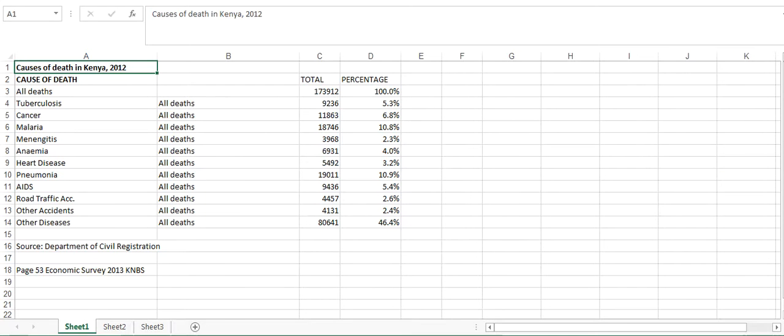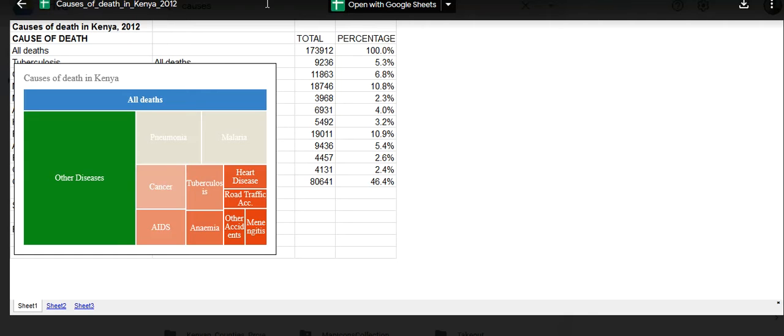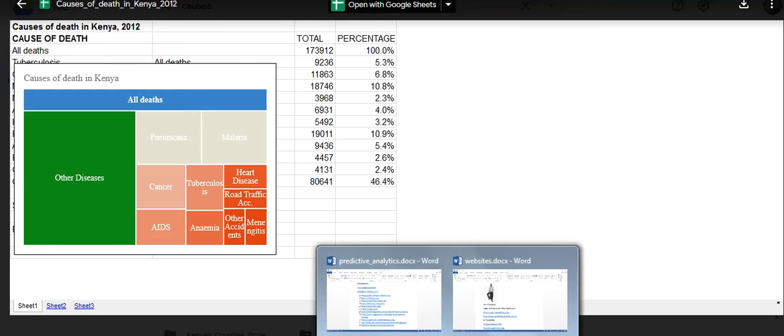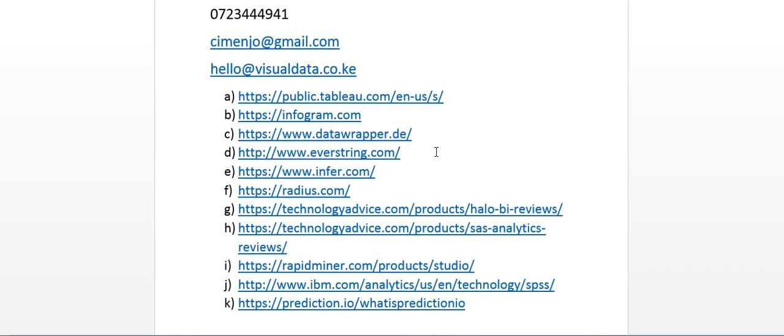For example, I had this spreadsheet. I uploaded it to Google Drive, and I got this visualization. This is what we call a tree map. In a tree map, the size of the triangle represents the total amount of deaths. So Google is just one example of data visualization. Here you see there are so many software tools that you can use, but some of them require a bit of technical knowledge. So the first three are friendly for journalists, and we'll look at those three.